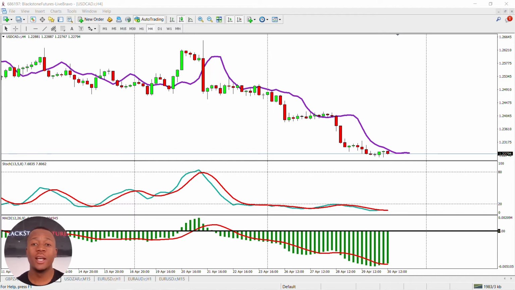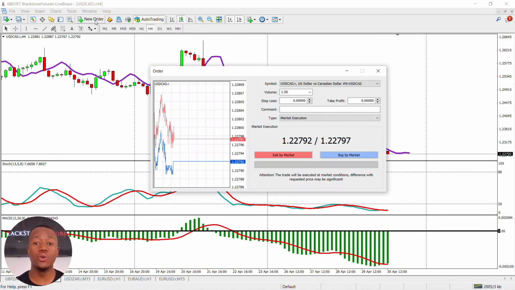I'm going to be showing you how to place an order on your MT4 platform. This is going to be a real quick, easy video on how to place an order when you're not at your screen. Should you want to make your analysis, should you already know where you're expecting price to rise or go down, and you just want to enter the trading level and you're not there, this will be a real quick, easy technique for you to learn on how to execute a trade even though you're not in front of your MT4 platform. Okay, so the first thing you're going to do is click on new order,